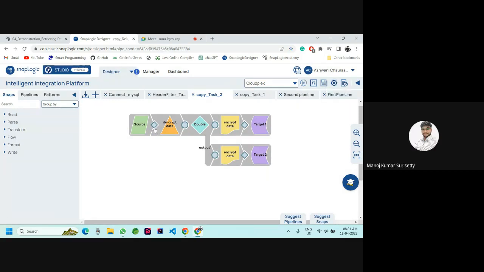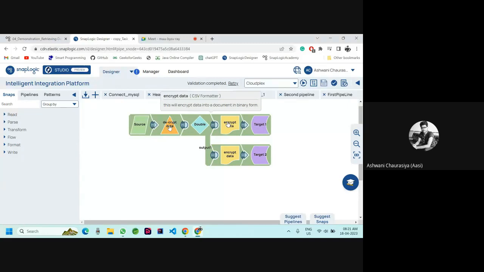Let me know what you have done. After that I used the CSV parser, and after that the snap of the copy, and after that I used the CSV formatter to